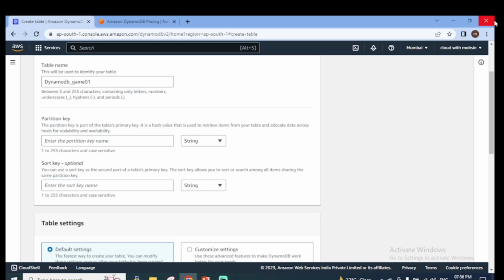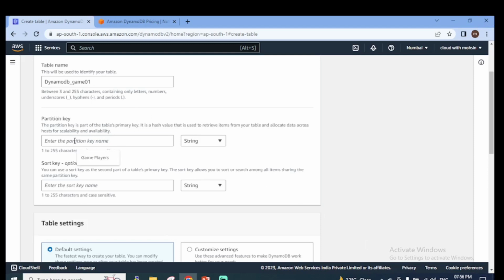And this is because if, say, we are trying to query something in our table or database, and we are not specifying these things, then it will do a full scan of this particular table. And in order to avoid the full scan operation, we need to provide the partition key. And sort key is an optional one, so that is something